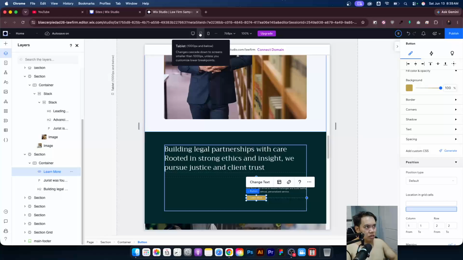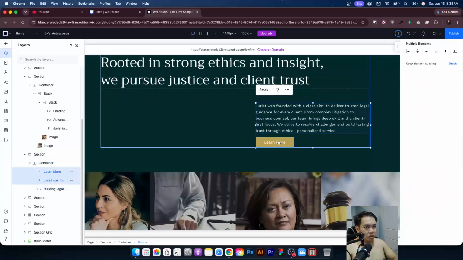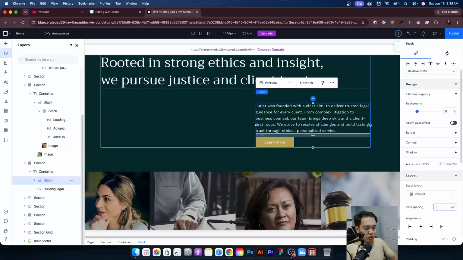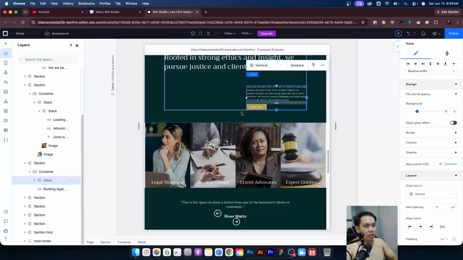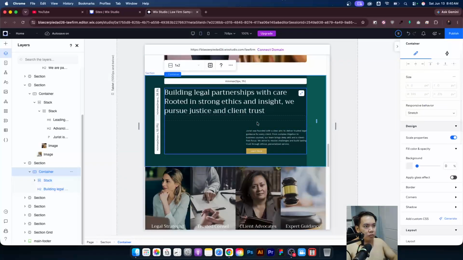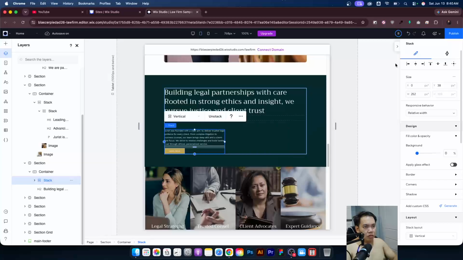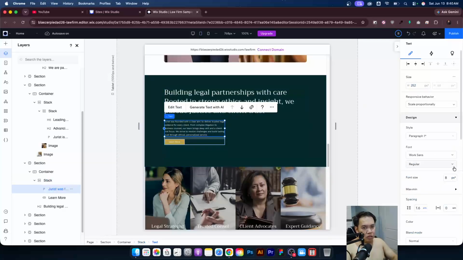I forgot to put this on stack, so going back here to our desktop, let's put this on a stack element. Say 20. So going back here, we are using a 591 container, so let's put that on the other side and adjust the text width,